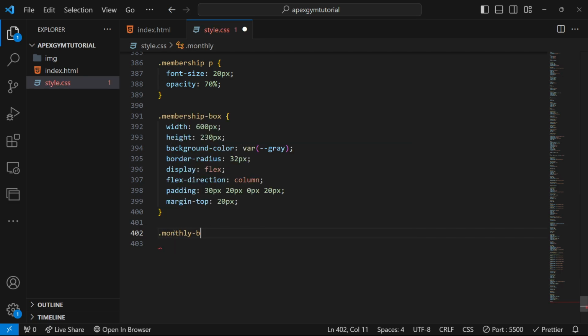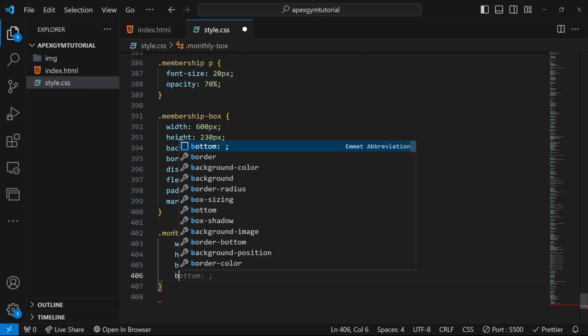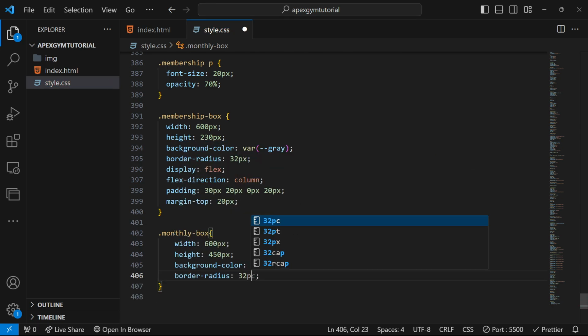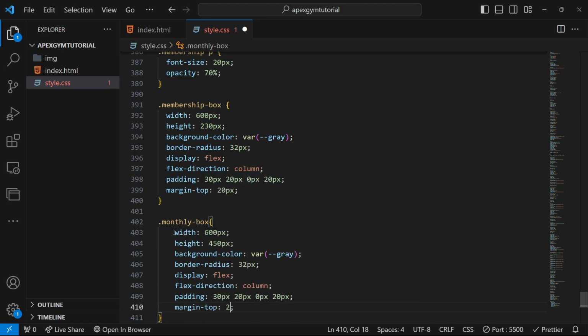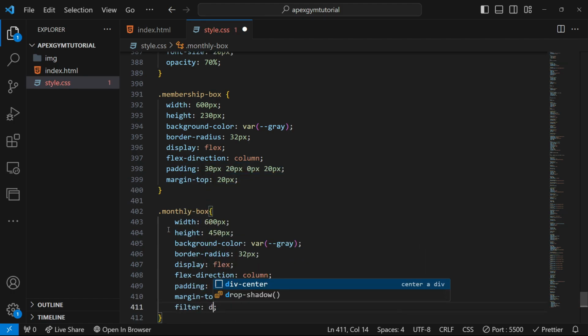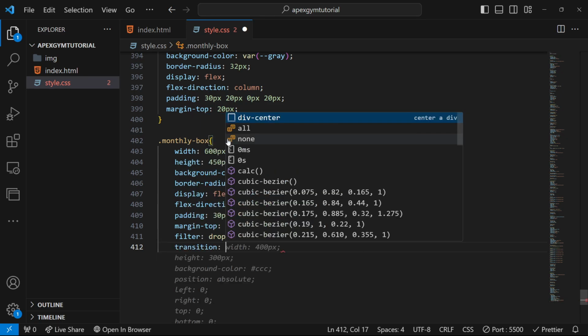Now on the monthly box, let's type monthly box with a width of 600 pixels and a height of 450 pixels, with a background color of bar gray, and a border radius of 32 pixels, display flex, direction of column, and a padding of 30 pixels, 20 pixels, 0, and 20 pixels, and a margin top of 20 pixels, plus a filter, which we did earlier, which is drop shadow, 0 pixels, 6 pixels, 4 pixels, and a color of C93828, and a transition of all